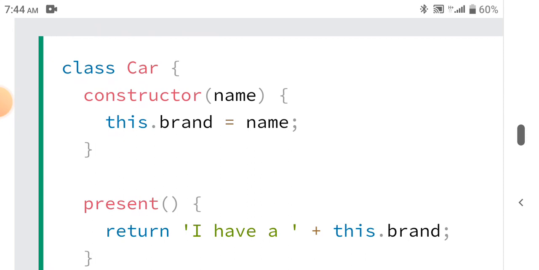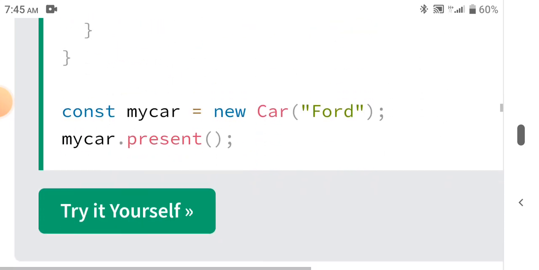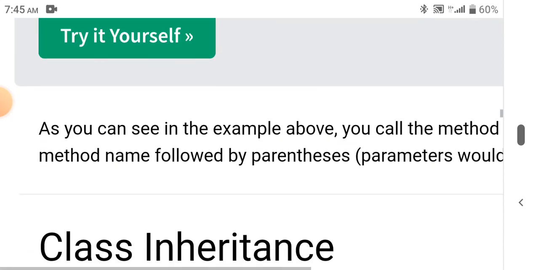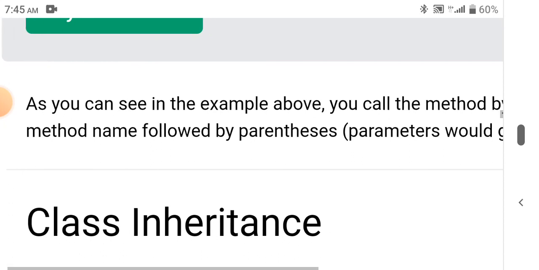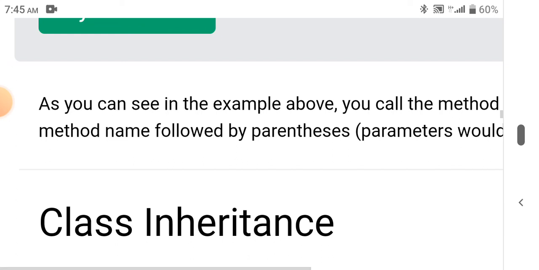So class Car, constructor(name), this.brand = name, present method: return "I have a " + this.brand. const myCar = new Car("Ford"); myCar.present(). As you can see in the example above, you can call the method by referring to the object's method